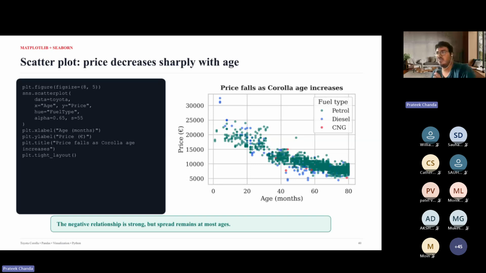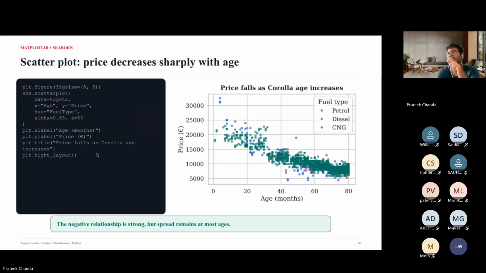And you can add labels and label names also, like plt.xlabel and plt.ylabel. These aspects you can add to the plots. Similarly, you can do plt.title to add a title to it, and you get this kind of plot on the right hand side. You can see that as the age of the car increases, your price drops. This is very typical and a normal scenario. So there is a pattern that you can see from the dataset.